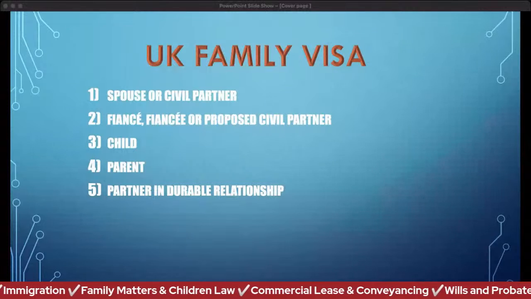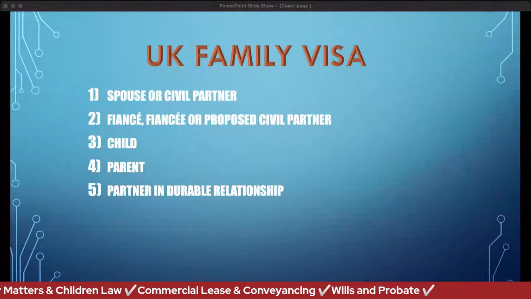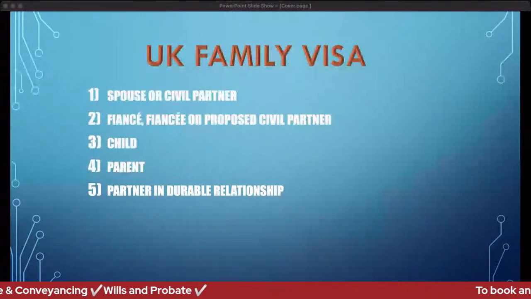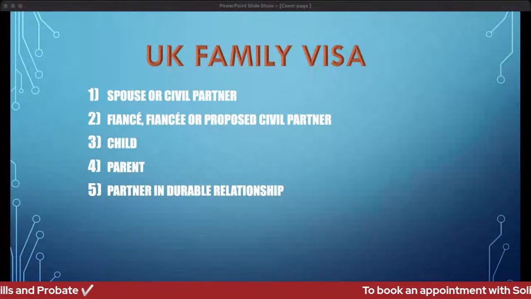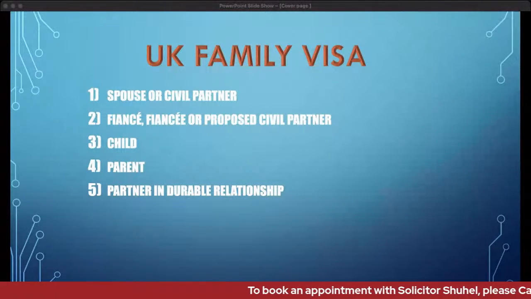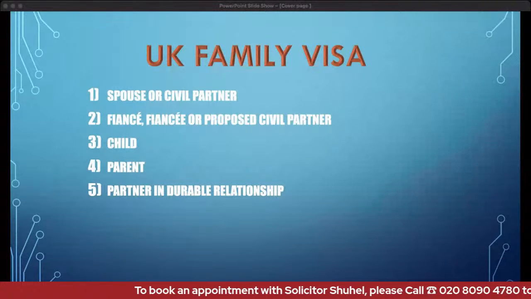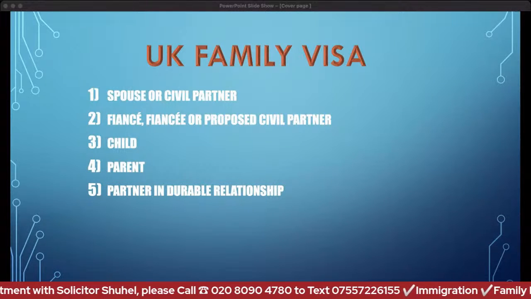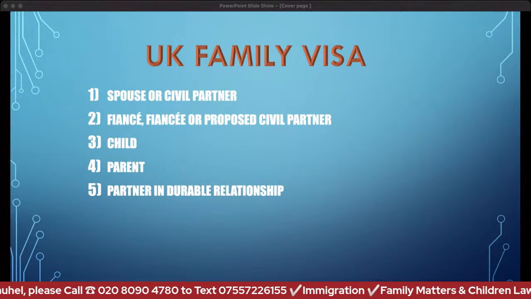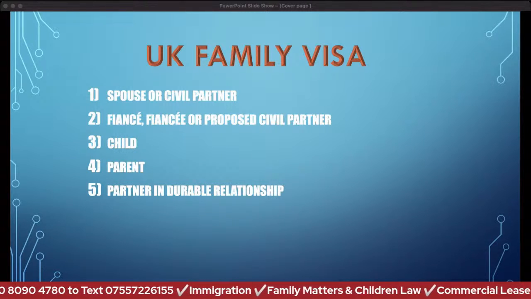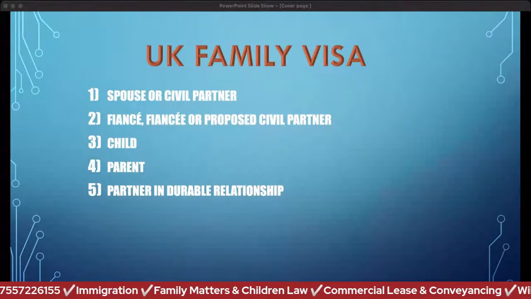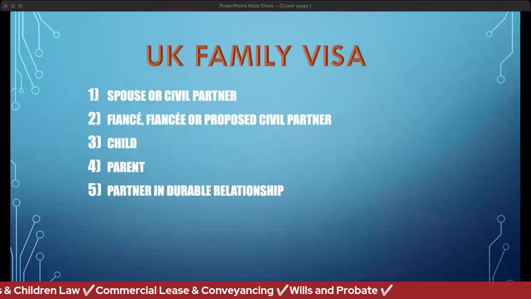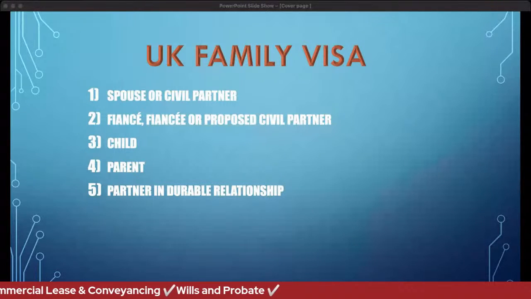It is very important, because if you are an unmarried partner living together more than 2 years and you just provide some tenancy agreement or some gas bill, it will not help you establish that you are akin to marriage, because the law says what the evidence is: joint financial responsibility, traveling together, living together. So you need to put everything forward before the judge or the caseworker to get the decision on time. If you are not married, not a spouse or civil partner, you can still get a visa as a partner